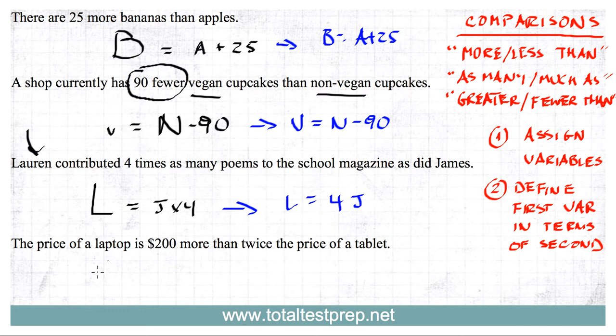So one more time, the price of a laptop is $200 more than twice the price of a tablet. We're comparing the price of a laptop, and this one's a little bit trickier. We're not comparing it to the price of a tablet, but twice the price of a tablet. So the price of a laptop is actually more expensive than twice the price of a tablet. So again, we'll make this a big L. Twice the price of a tablet is 2T. We'll make that a little bit smaller because the price of the laptop is more than twice the price of the tablet. It's $200 more, so to equalize these, we'll add $200 over here, and now they're the same. And so we get the same equation as in the previous video, which is that L is equal to 2T